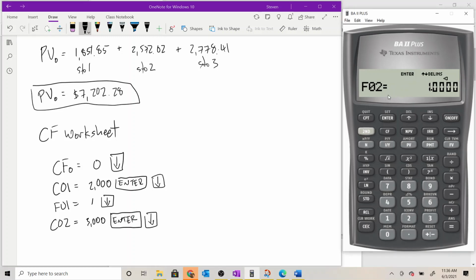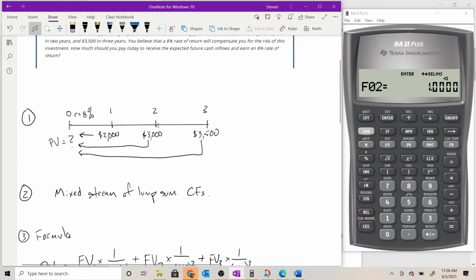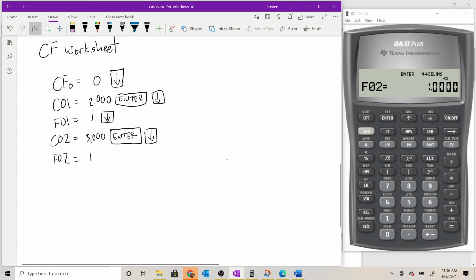And now we'll see a pattern emerge here. I'm going to get F02, which is the frequency of cash flow 2. How many times in a row do we see that $3,000 cash inflow that we just entered? And it's only going to be once again, because the next cash flow that we see is a cash inflow of $3,500, which is different than what we just entered. So we're going to leave that set to 1 and just press the down arrow key to go to the next entry,